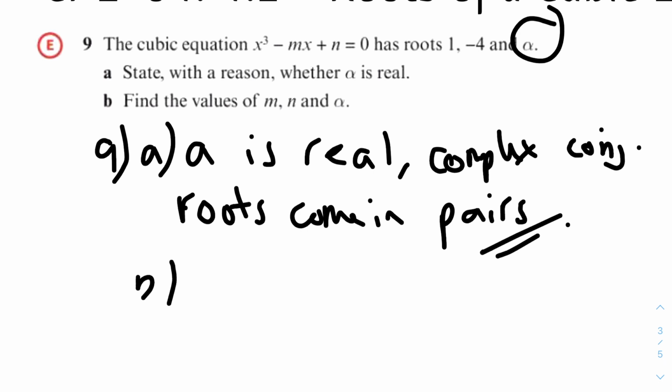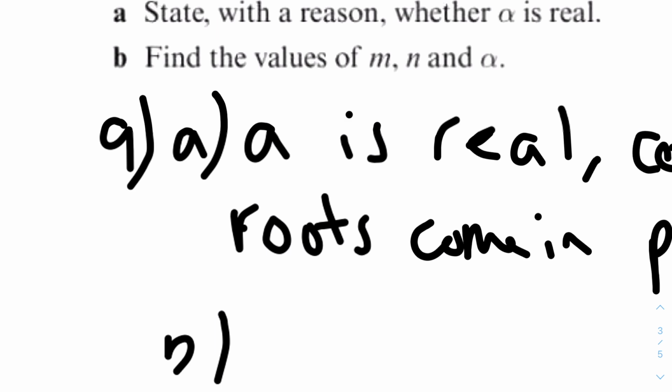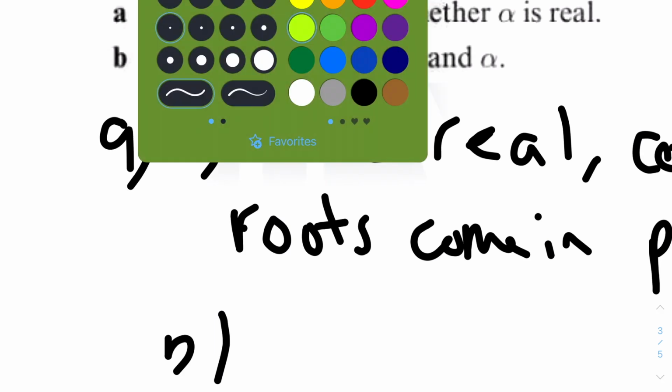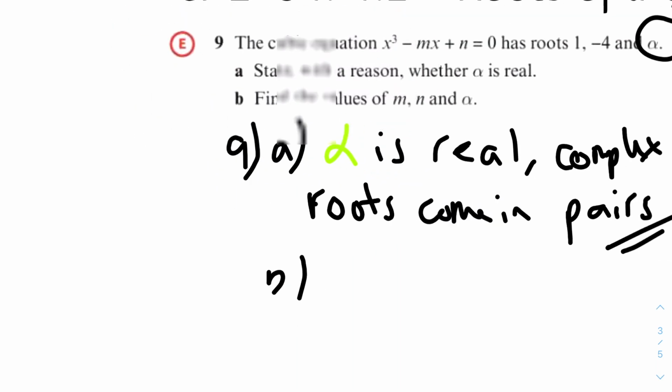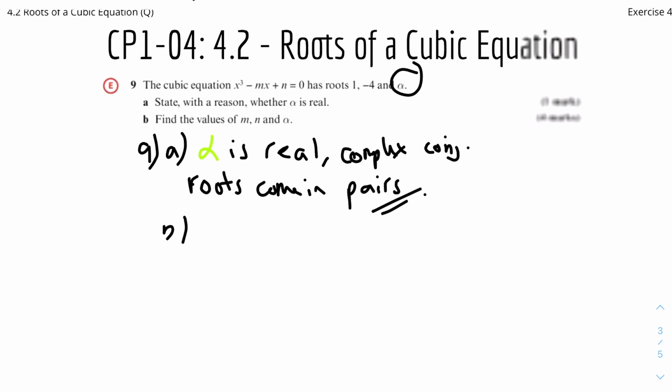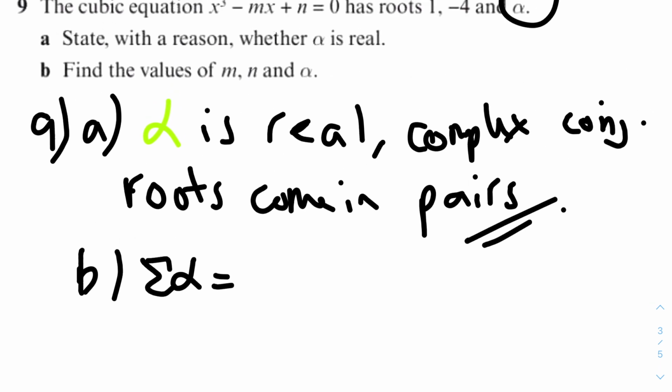Part B, find the values of m, n, and alpha. And sorry, this should be alpha, not a. So alpha, new color, alpha, like so. And part B, find the values of m, n, and alpha. So we can first find the sum of the roots. So the sum of the roots, the sum of alpha, equals 1 minus 4 plus alpha equals minus b over a,